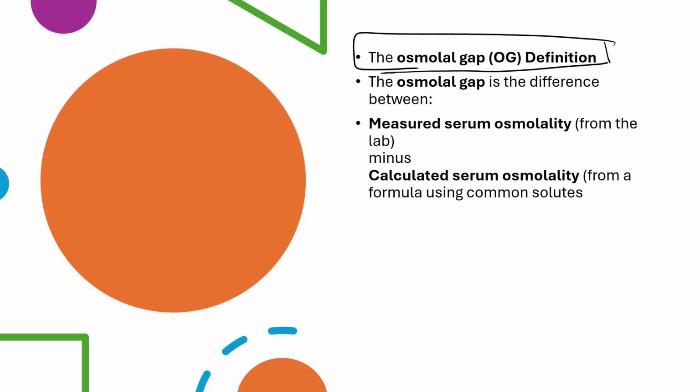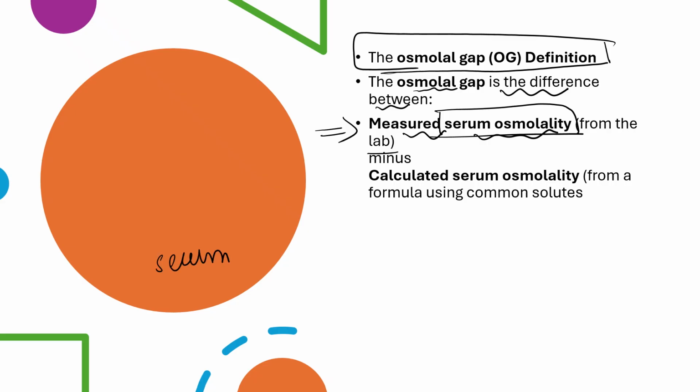What is osmolar gap? Osmolar gap is the difference between measured serum osmolality and calculated serum osmolality. So when the patient comes to the hospital or the ER, you get a blood draw, and from the blood draw you can get the measured serum osmolality. And then you can also calculate the serum osmolality by a formula, which is,